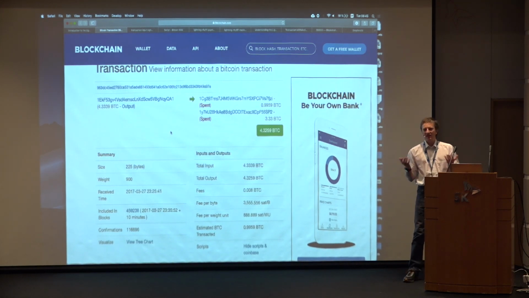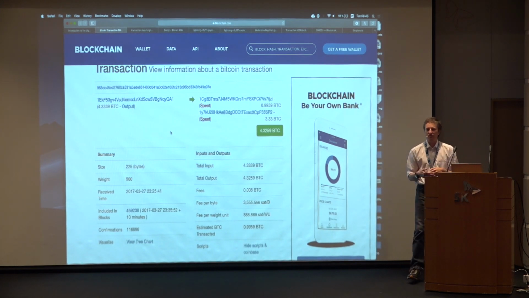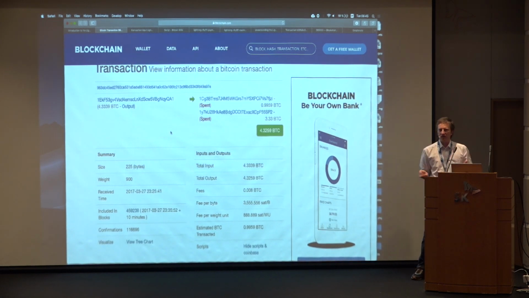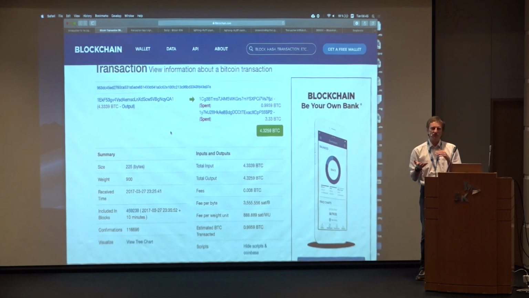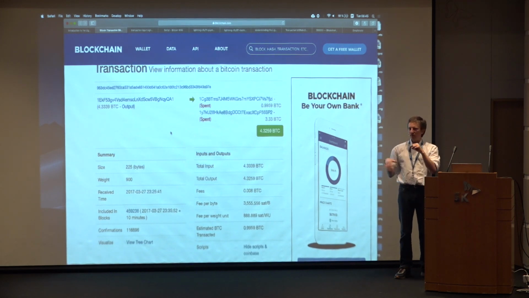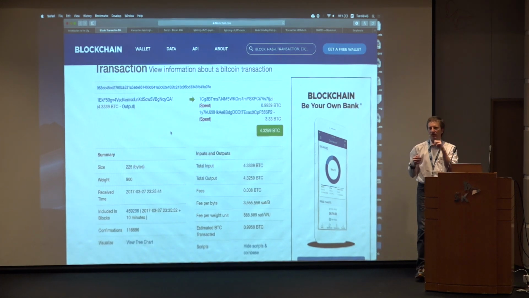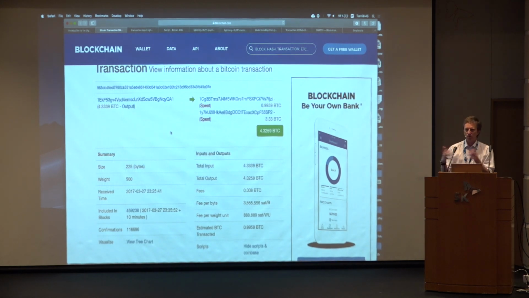The miners may not mine it because there are no fees attached to it, right? Therefore, the miners will say, screw it. We're not going to put this transaction into the block because you're not paying us any fees. Or the miners might be good-hearted and they will do that. The current protocol kind of rejects transactions which don't have fees included. So the nodes which pass messages around and say, let's announce this transaction into this mempool for the miners to mine, the default behavior of the client is to drop those transactions which don't have any fees attached. So it's actually very hard to mine transactions with no